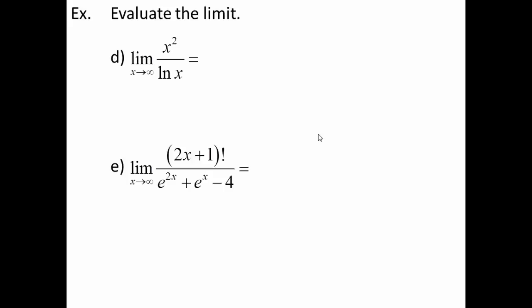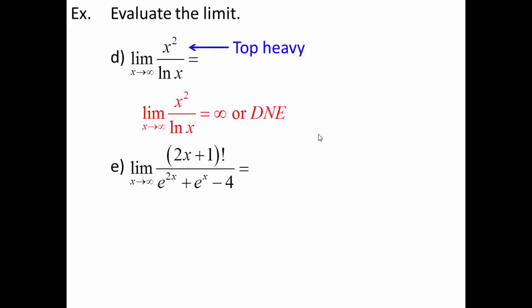All right, now hopefully you started out this correctly by plugging in infinity, recognizing that it's infinity over infinity and therefore indeterminate. And since it's indeterminate, I have to do some further investigation. No amount of factoring or simplifying is going to help me, so I simply go to relative rates of growth. Because I'm getting infinity over infinity, I need to know which infinity is larger. The infinity on top is based on a power function. The infinity on bottom is based on a logarithm. I know that power functions are faster than logarithms, so this is a top-heavy function, which means my answer is